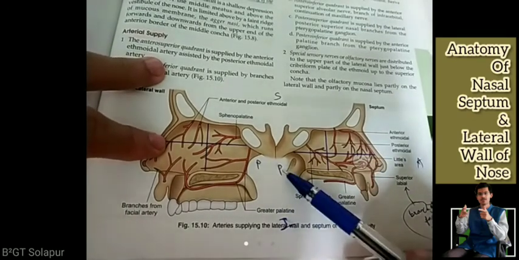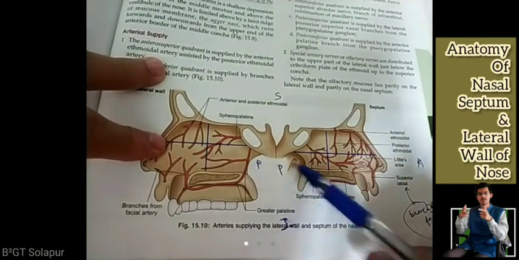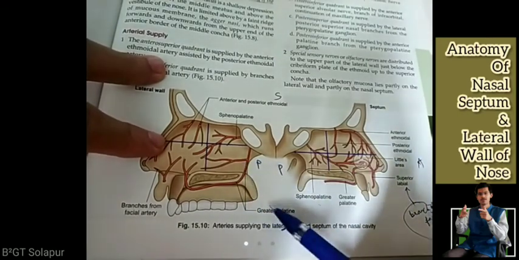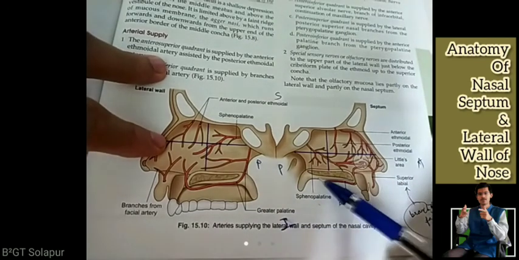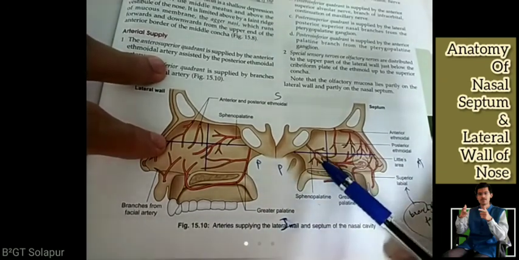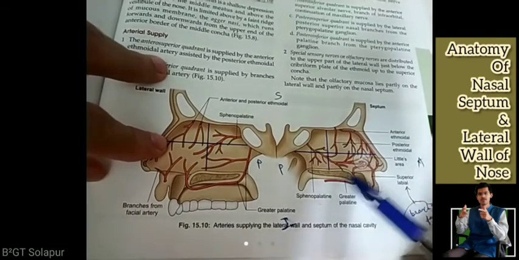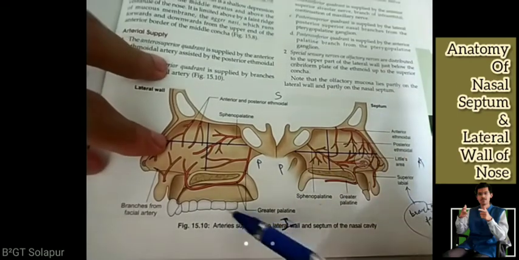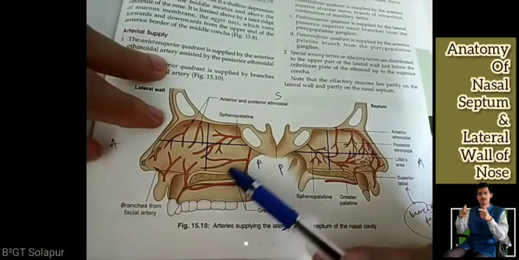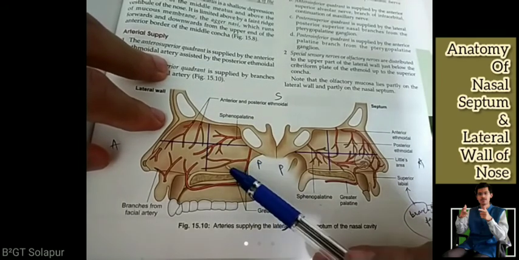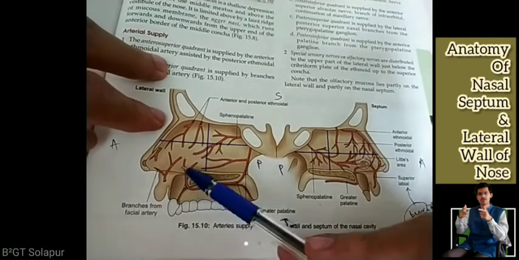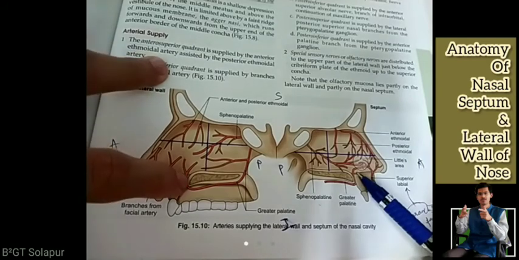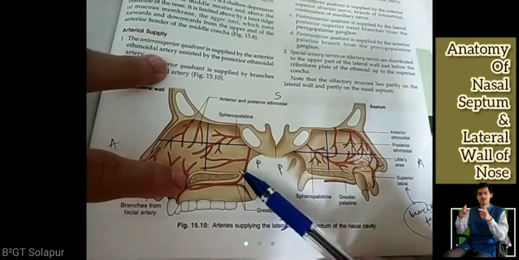Now posterior-inferior part. Posterior-inferior part. ये वाला quadrant. Nasal septum में कौन है? Sphenopalatine है mainly. इधर कौन है? What is the name? Greater palatine artery. Greater palatine artery. ये जो इसे पूरे supply करते, which also supplies this. It's mixture. It's not very specific. This part is supplied by this artery, this artery. It is there. It is specific, but it is all like plexus-like situation. So greater palatine artery is supplying this part. Okay, it's giving a branch here also, and it is coming in the antero-inferior quadrant like this. ये antero-inferior quadrant में है ना greater palatine artery. Here also it is, but it is also giving a branch in the posterior-inferior quadrant.